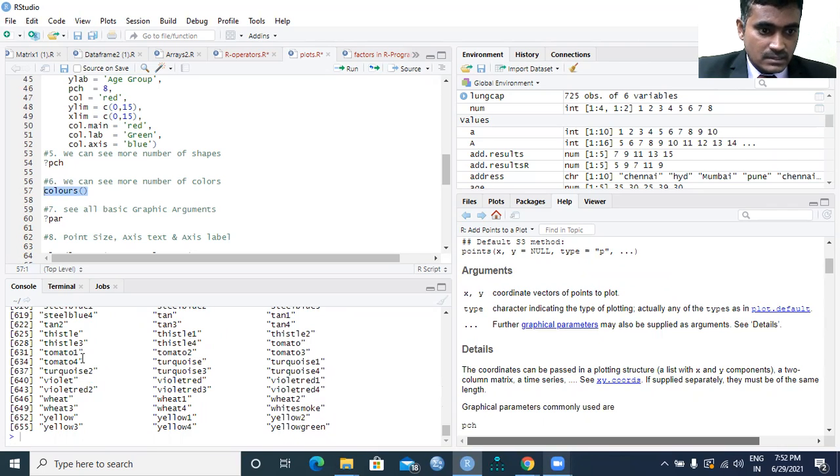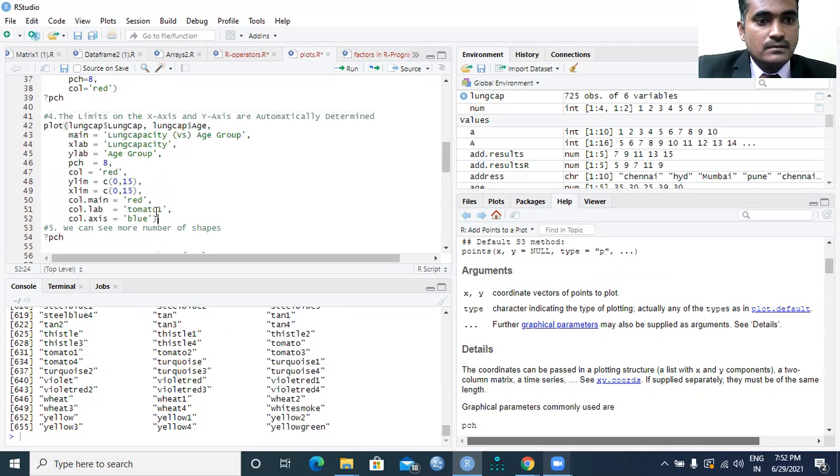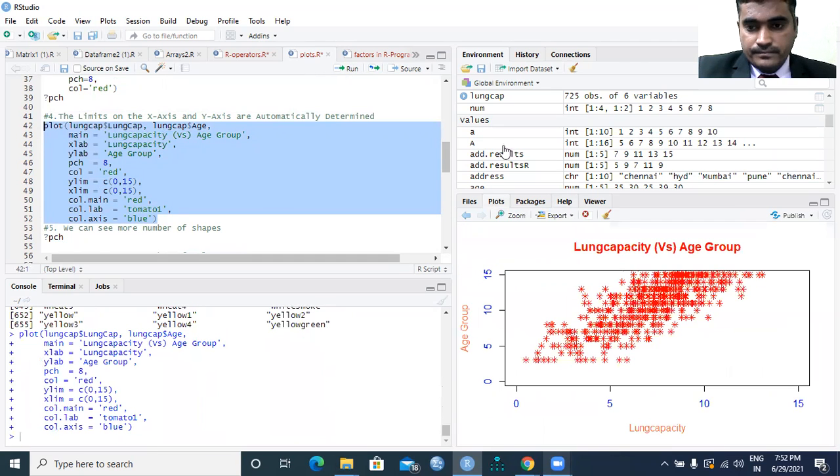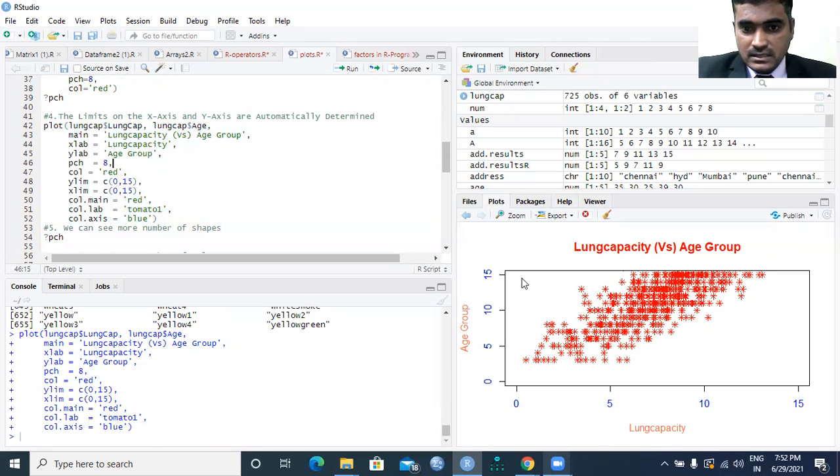If you want to use any color, you can use it over here. Suppose you want to use this color also. Now try to execute this particular command. That will give you a different color. You can see the tomato color over here.